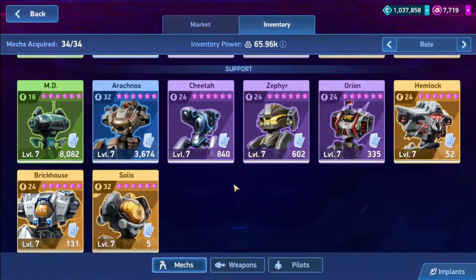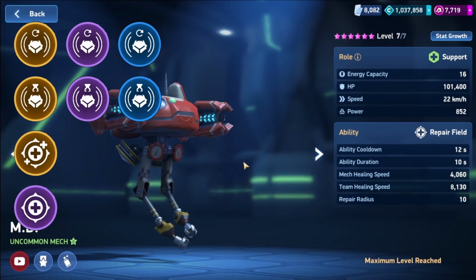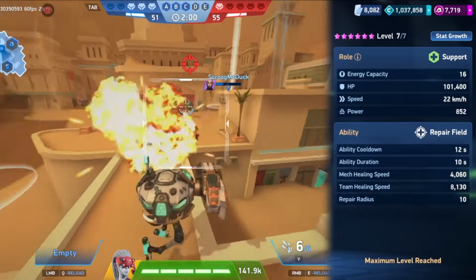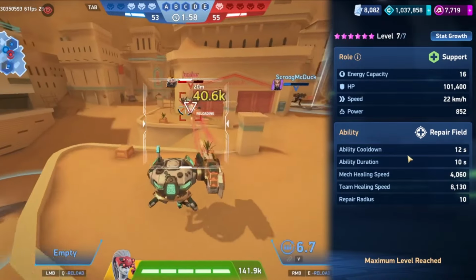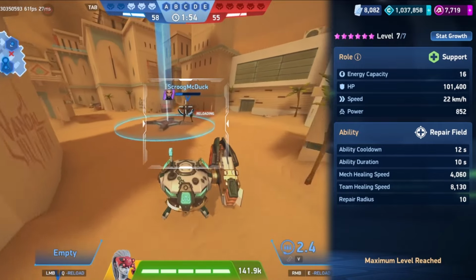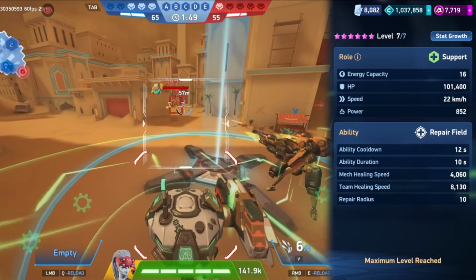support mechs. So starting off with MD, your options are cooldown, duration, radius, and heal speed. Now, obviously this is an uncommon mech, but it's also the only healer that we have. So let's say you're pulling a Sanji and you decide, I want to use an MD late game or something